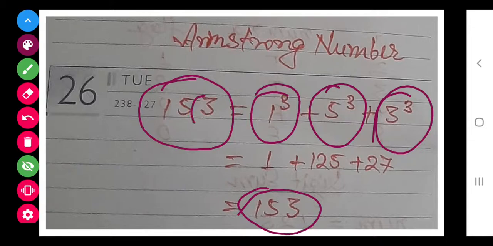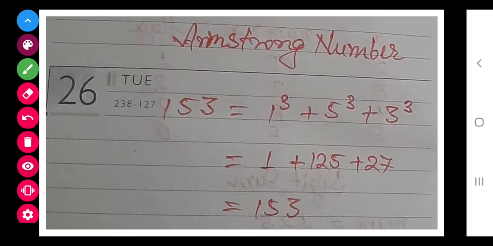So again we have to get the digits separately, but we want to find not the sum, but the sum of the cubes. It is the same concept, digit problems you can say. So class, you try this same program, only one line of difference is there, which you have to do yourself.